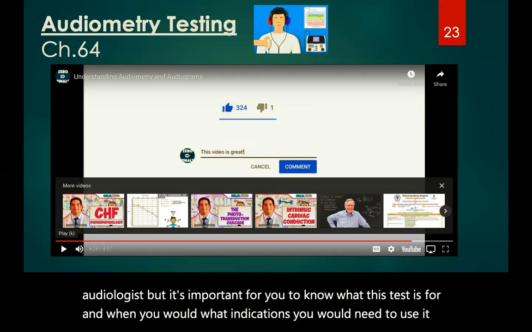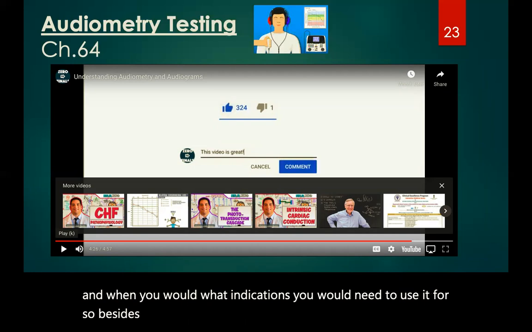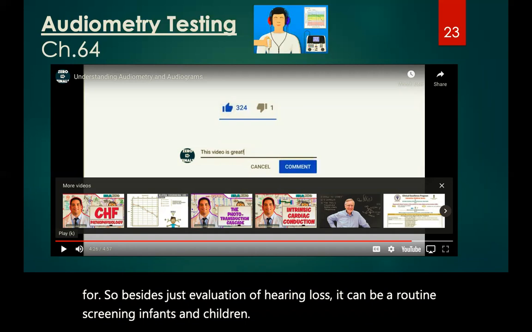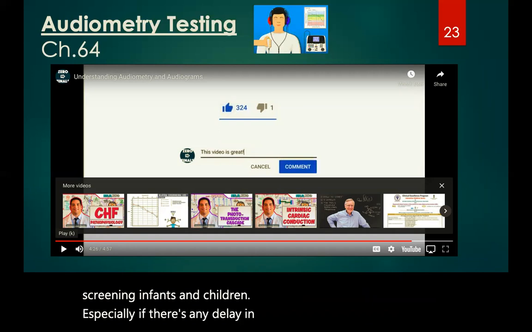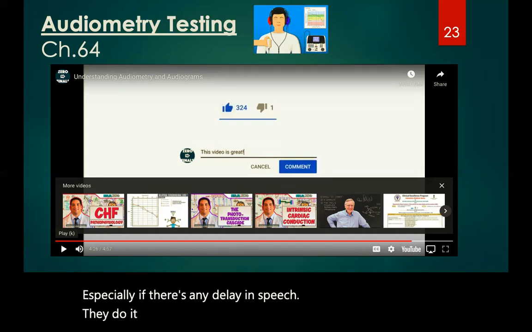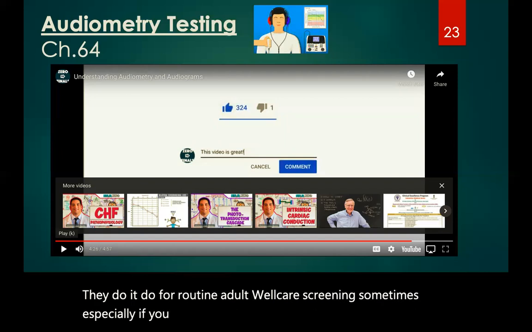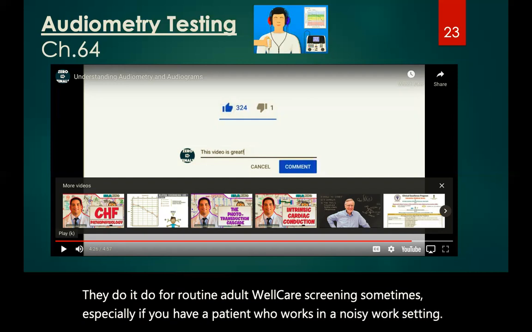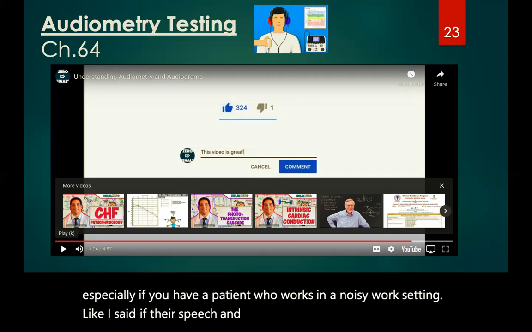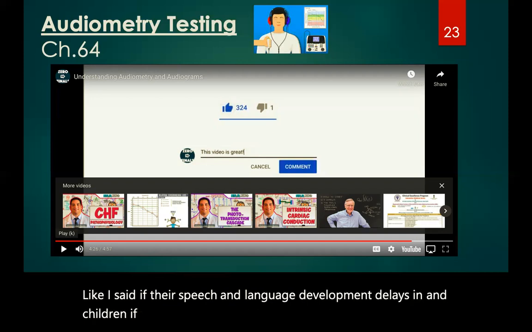So besides just evaluation of hearing loss, it can be a routine screening for infants and children, especially if there's any delay in speech. They do it for routine adult well care screening sometimes, especially if you have a patient who works in a noisy work setting. Like I said, if there are speech and language development delays in infants and children, if there's any poor academic progress in school-age children,